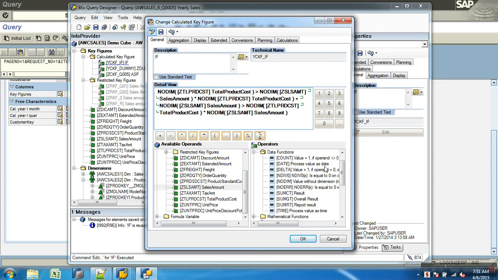With the existing operators, did I implement if else? I said if production cost is greater than sales amount, into number of dimensions of production cost means what? If production cost is really greater, it returns 1. 1 into production cost becomes production cost, plus number of dimensions of sales amount greater than production. If this condition is satisfied, obviously this will not be satisfied. This will return 0. 0 into anything would give you 0. So 0 plus the production cost gives you production cost. So to implement if else, you use that plus operator.